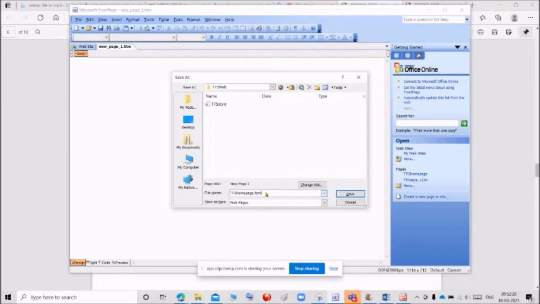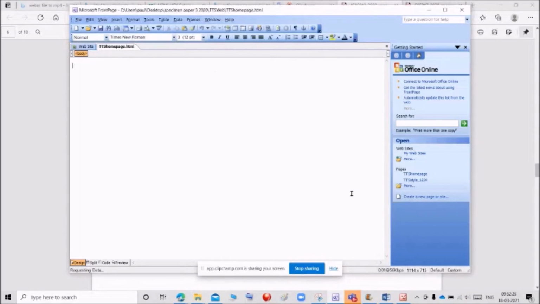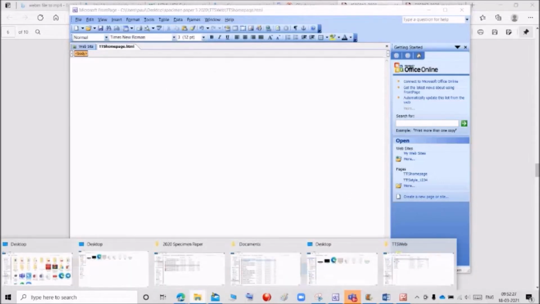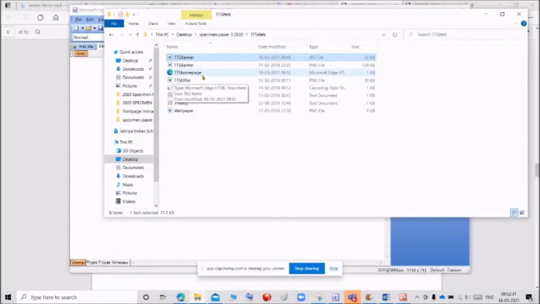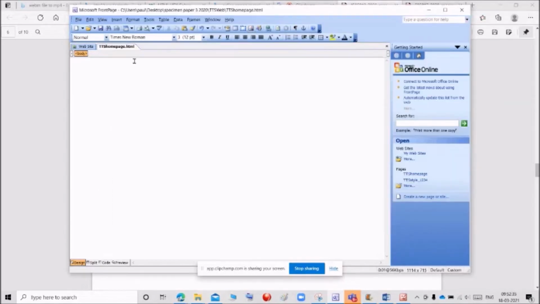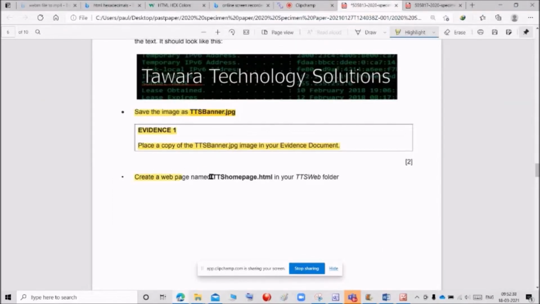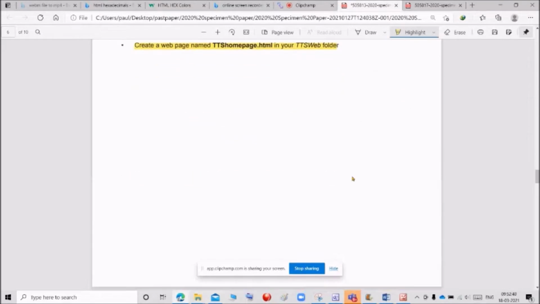For the HTML file, we want to give the extension .html and click Save. If you go and check in your folder, we will get the TTS homepage web page. So we created the home page in our folder.